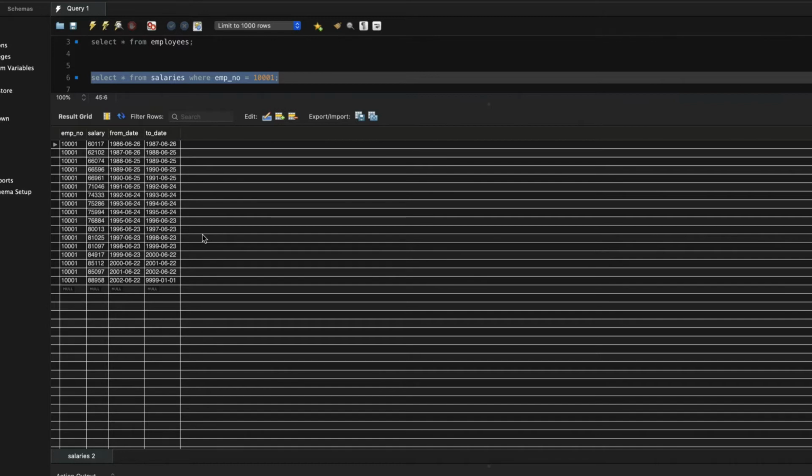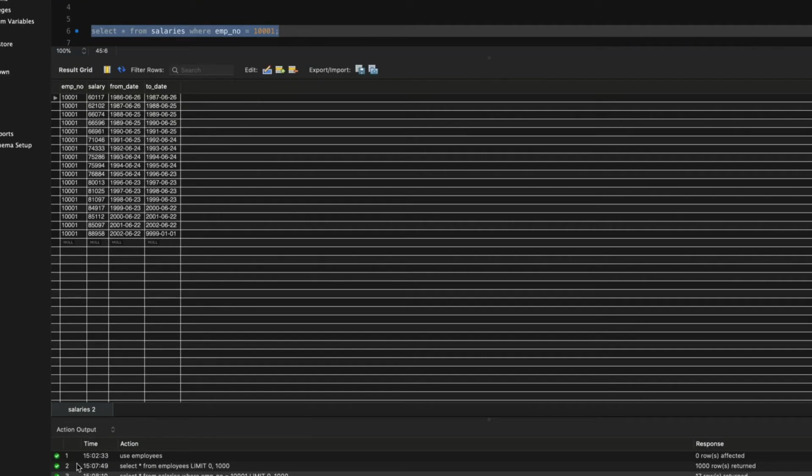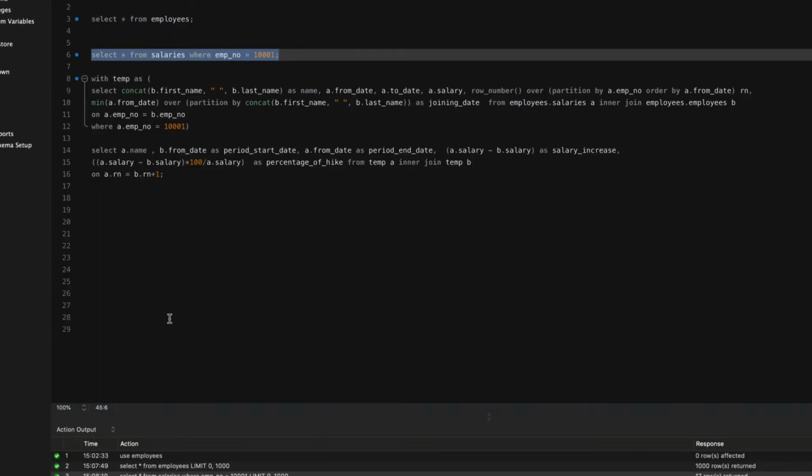If the candidate is really good and the company is desperate to take him, then they can go to any extent, meaning whatever he asks, they can give. But this is just a fake scenario, just to make you understand how to solve the problem statement and how you should analyze. So now I have this data. I'll close this grid once again.